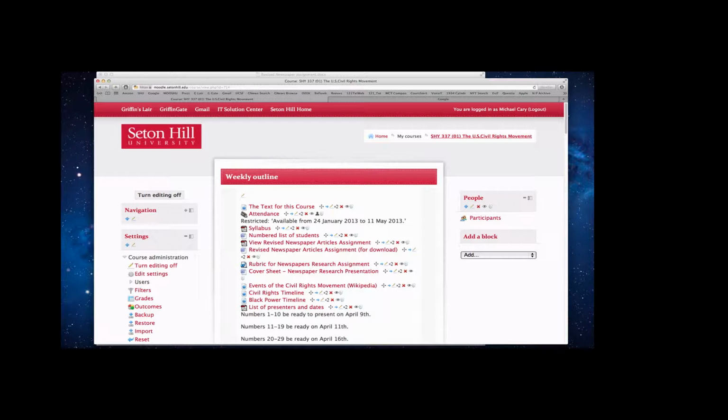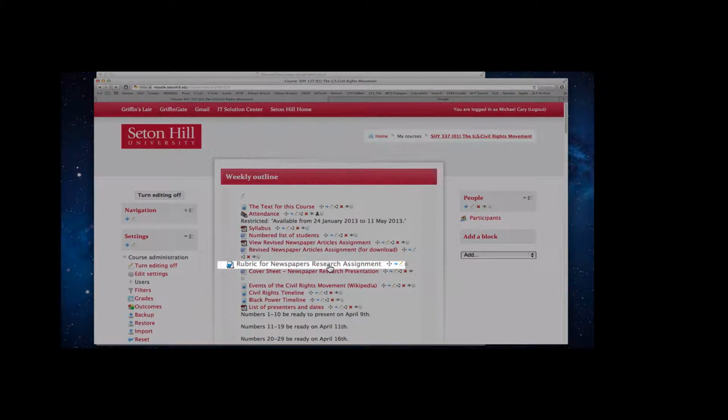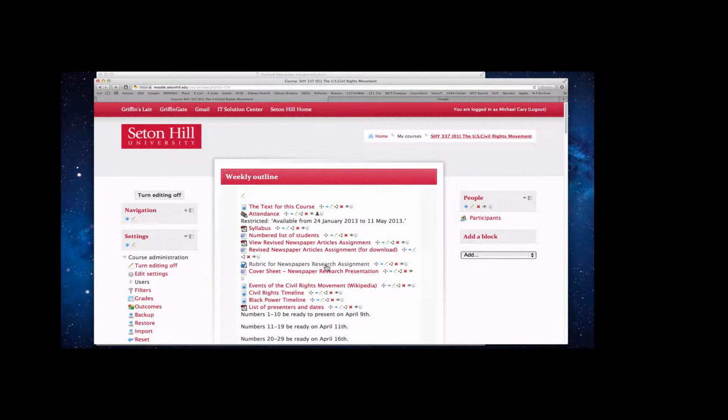So first thing you need to do is review the details of the assignment on other documents on the Moodle page. For example, the basic instructions are here on the revised newspaper articles assignment, which you can download. And don't forget to study the rubric. That'll show you how assessment is going to be done for both the research part and the presentation of the